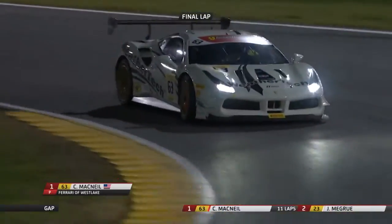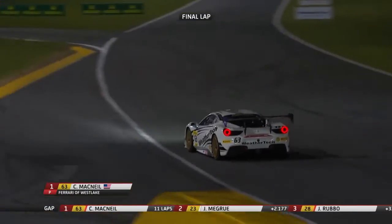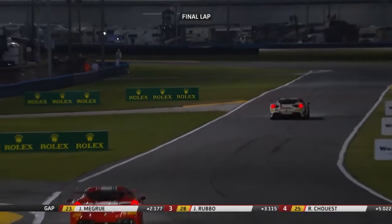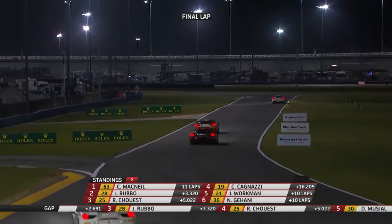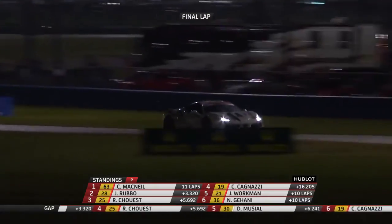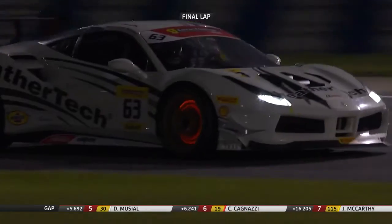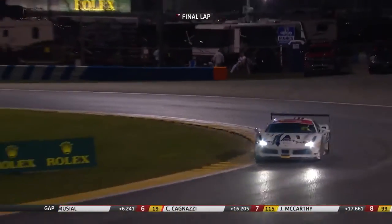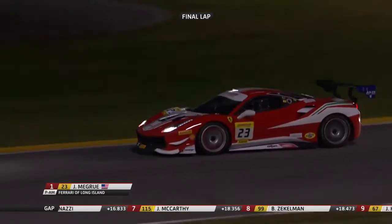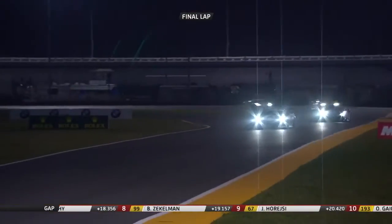Look at the brake discs light up on the Cooper MacNeil car. Not sure he didn't make just a slight error going into that turn, but he's got enough of a margin that John McGrew is now under a bit of pressure from Joe Rubo. Joe Rubo has caught up with John McGrew, but Cooper MacNeil, he's got the remaining corners to do, and the completion of this lap will see him crown the start of the 2020 season in the Ferrari Challenge North America,